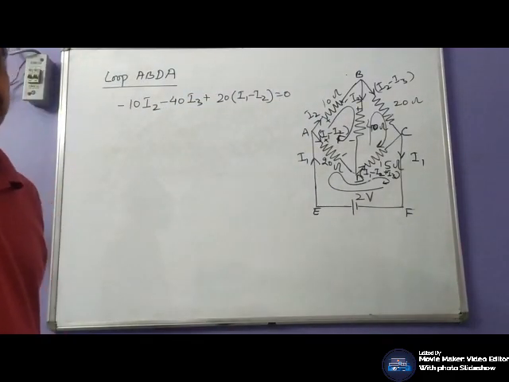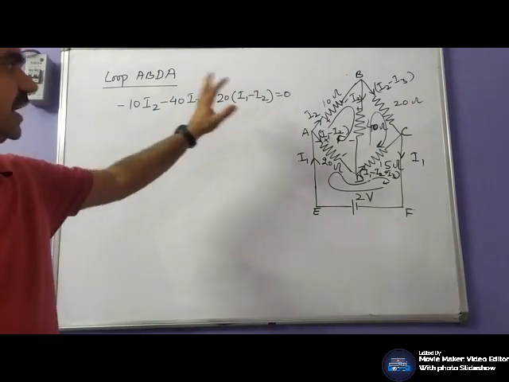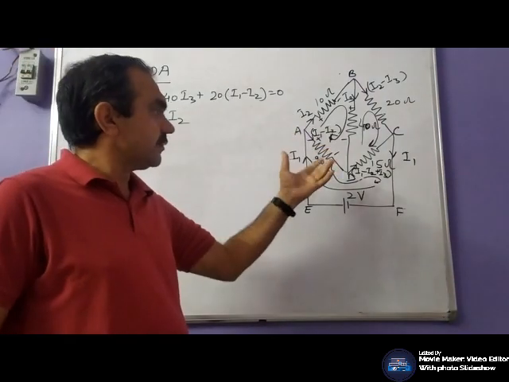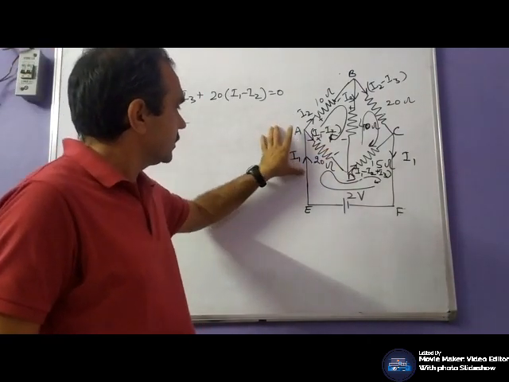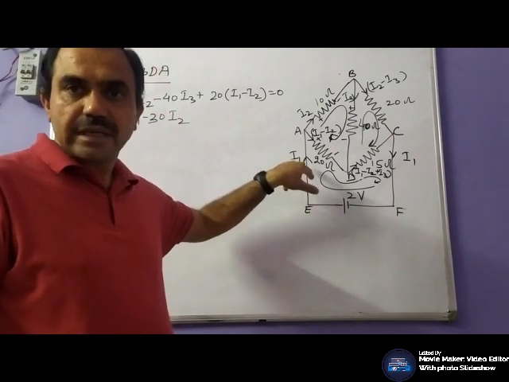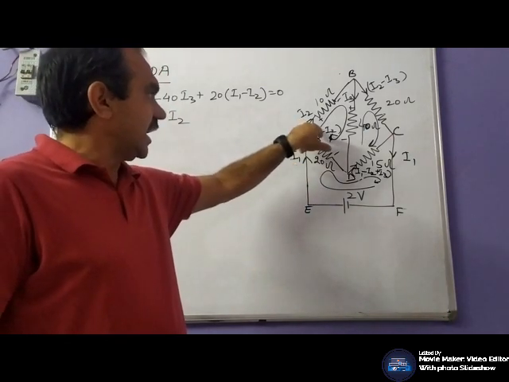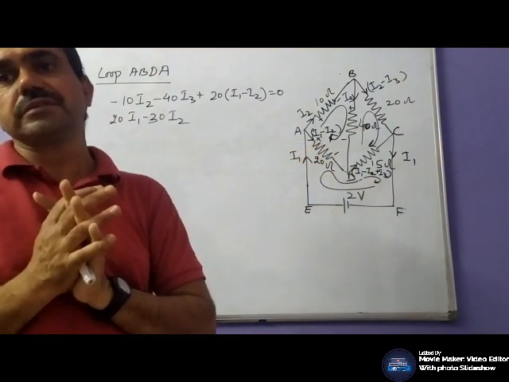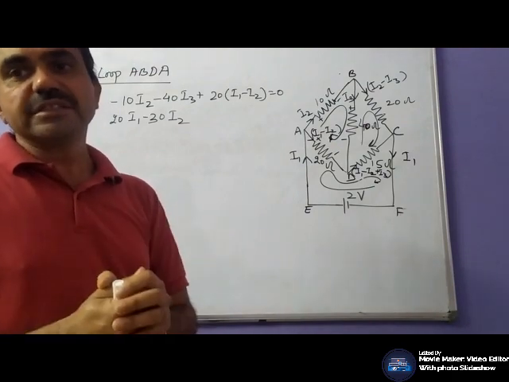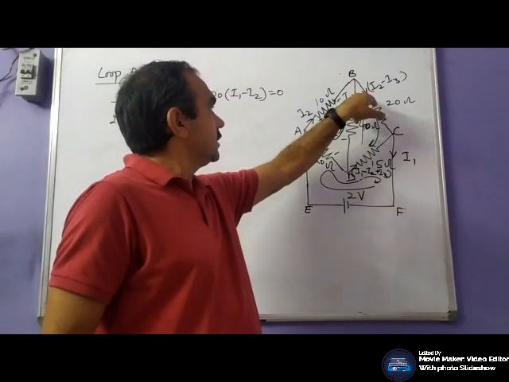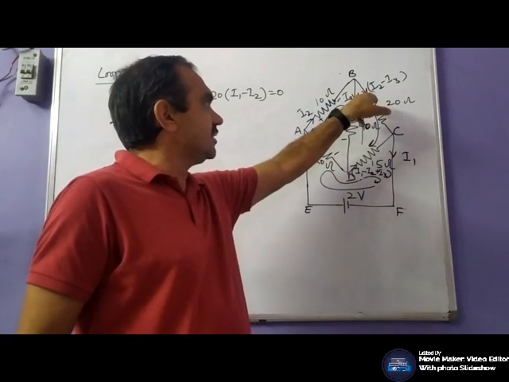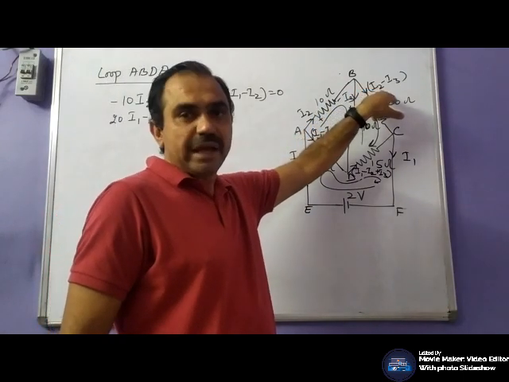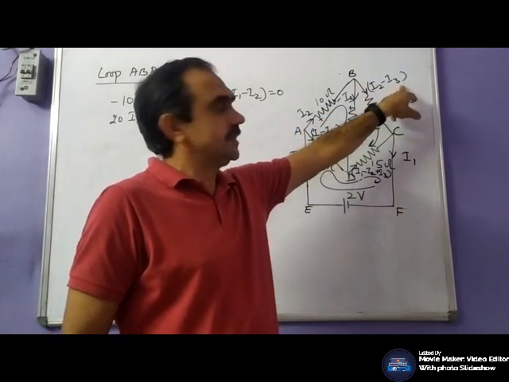Kirchhoff's voltage law: algebraic sum of EMFs and IR drop in a closed loop is 0. We have divided the current. I1. Let's start from here. I1, I2, then it would be I1 minus I2. We have to select minimum number of currents so that our problem would be simplified. We have to find out the current. That's why I have mentioned here I3. If this current is I3, so this would be I2 minus I3.